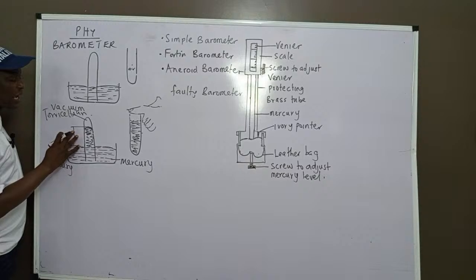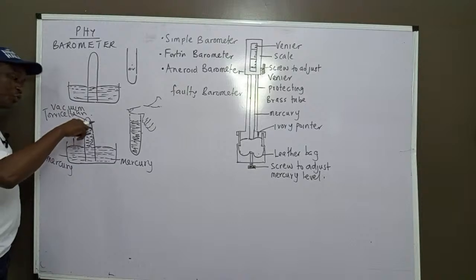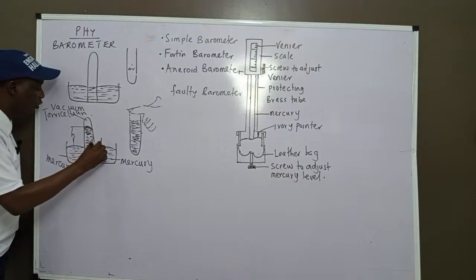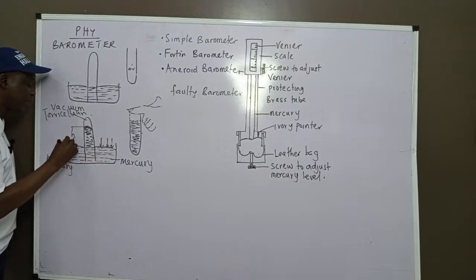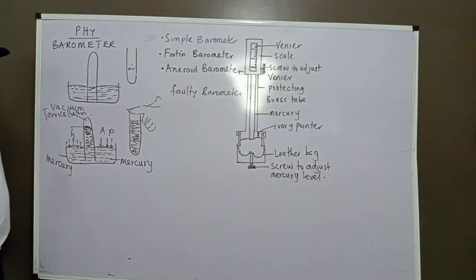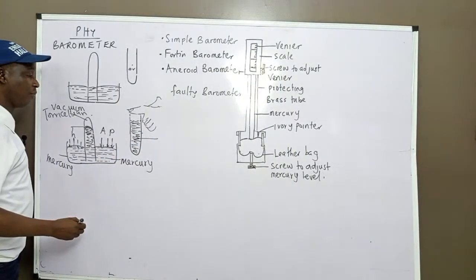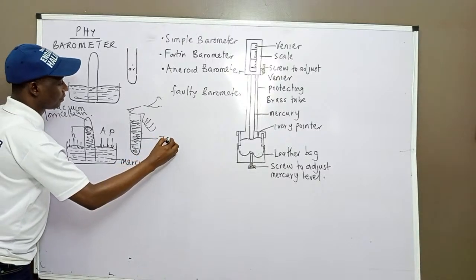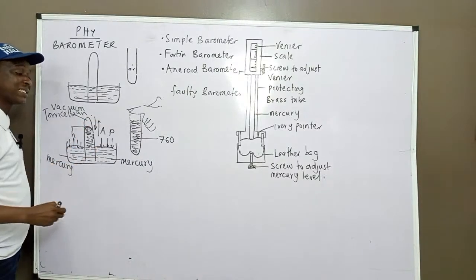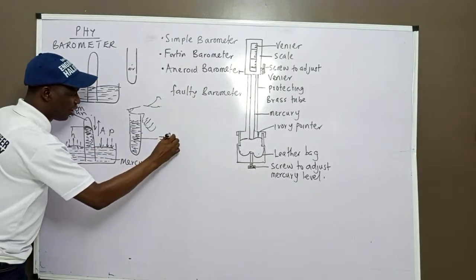Now, the height of the mercury column is H, because it will fall. The fall of the mercury column is supported by what? The atmospheric pressure. Now, if the mercury you place in this test tube is 760, for example, it can either fall or rise. The mercury column height can either fall or rise. For instance, if I use 720 millimeter mercury